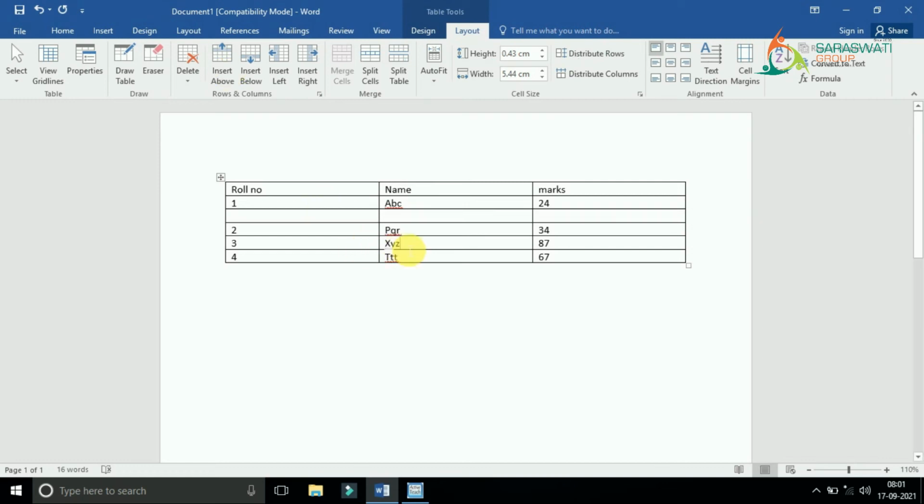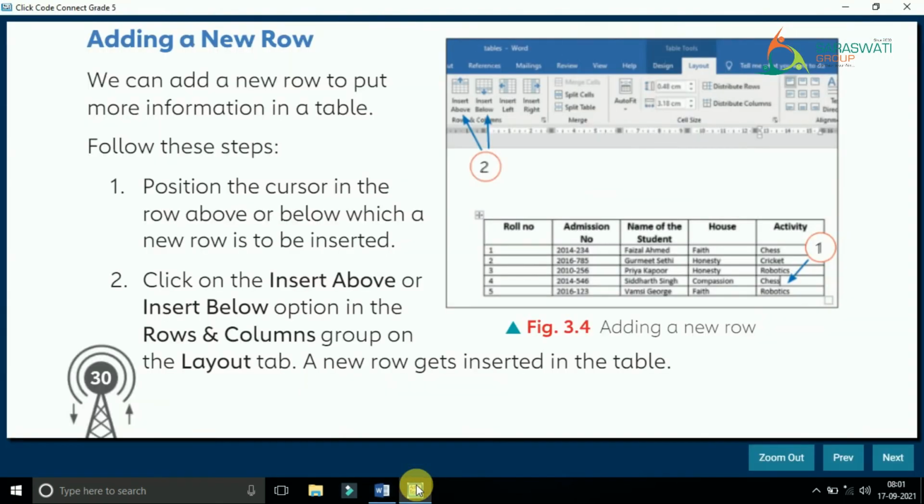Then after number 3, meaning below, right? So that way you can insert the row. It's very easy, right? Okay, and you can write in that row as well. You can write anything. Fine. So this way we can insert the row above also and below also. Easy? Okay. So this was inserting rows.